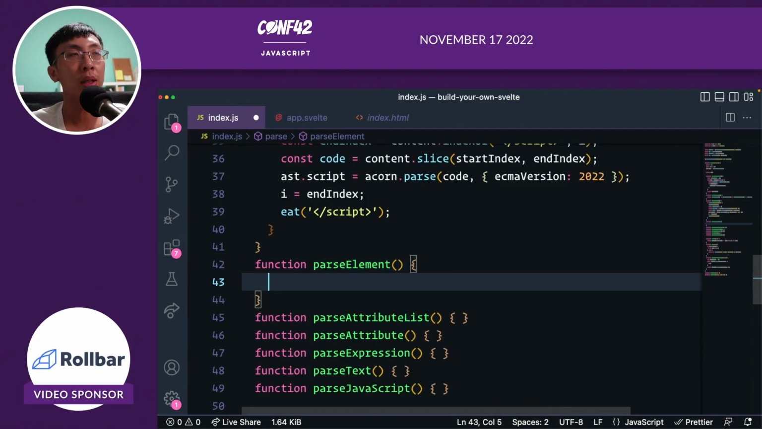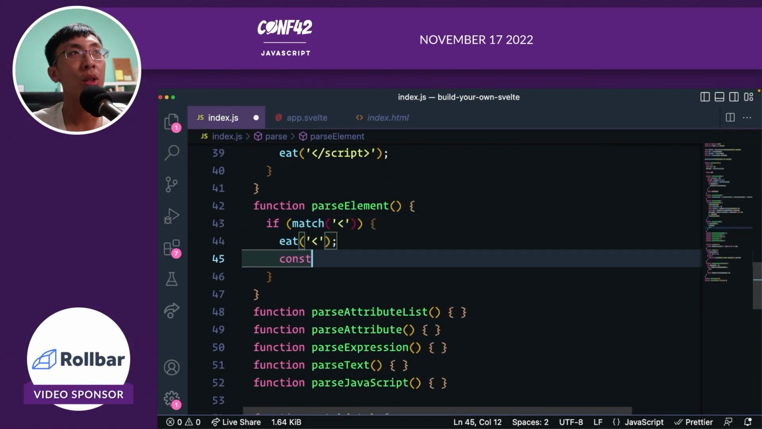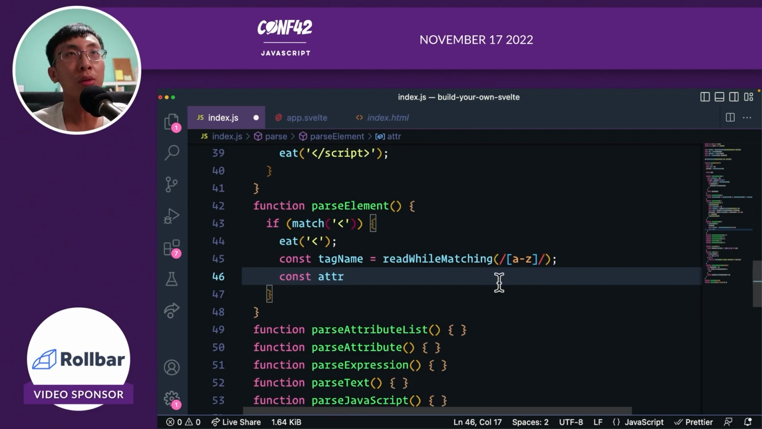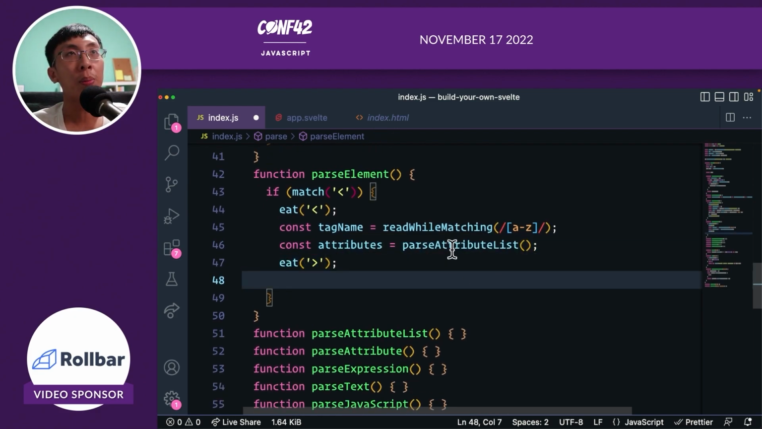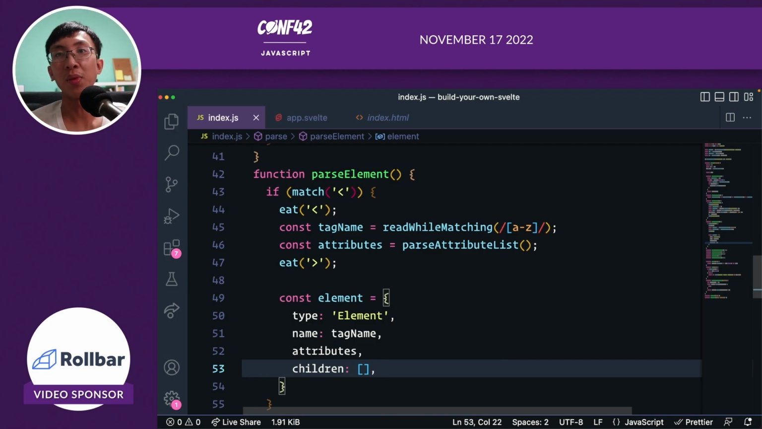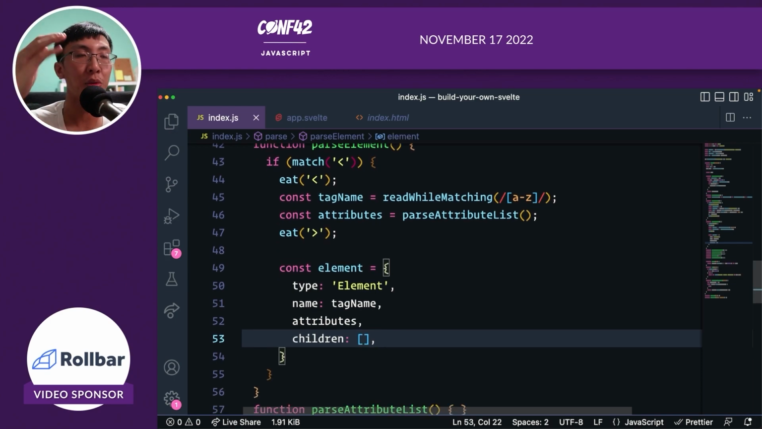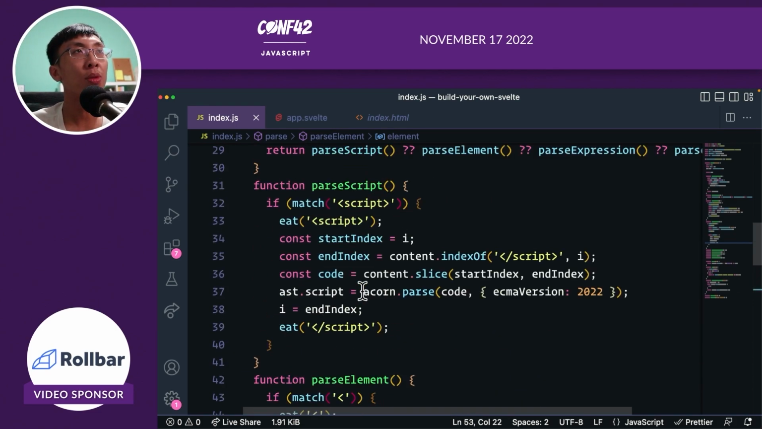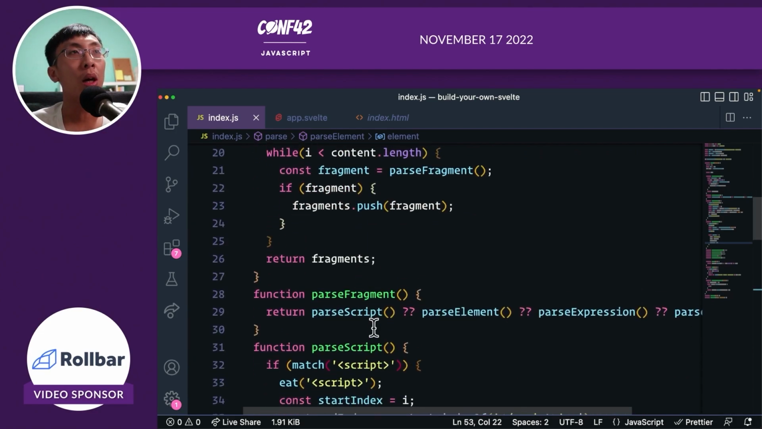So let's try to do that, right? First, we're gonna match, eat it, and I'm gonna read while matching, and I'm gonna parse, and then yeah. So basically, what we see, how we see the syntax rule, how we translate it, and how we just type it out. Right, so for children, we're gonna call parse fragments, but the parse fragments that we have over here,